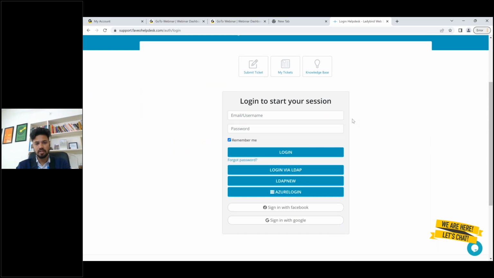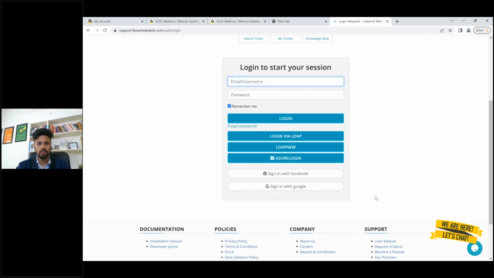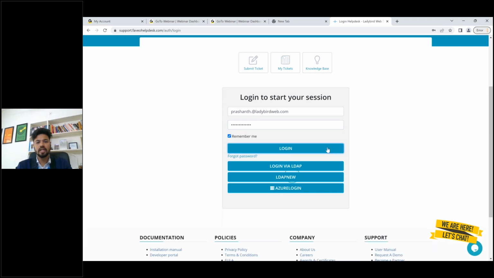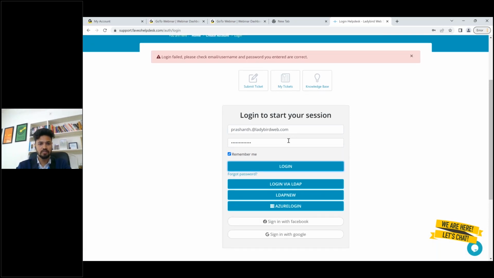So we have 3 to 4 ways of login. One is you can directly log in mentioning your email address and password. Next, we have LDAP integration, which you can utilize. And you can also utilize the social logins like Facebook, Google, etc. So now I'm logging in with my password. Whenever I log in with a username and password,